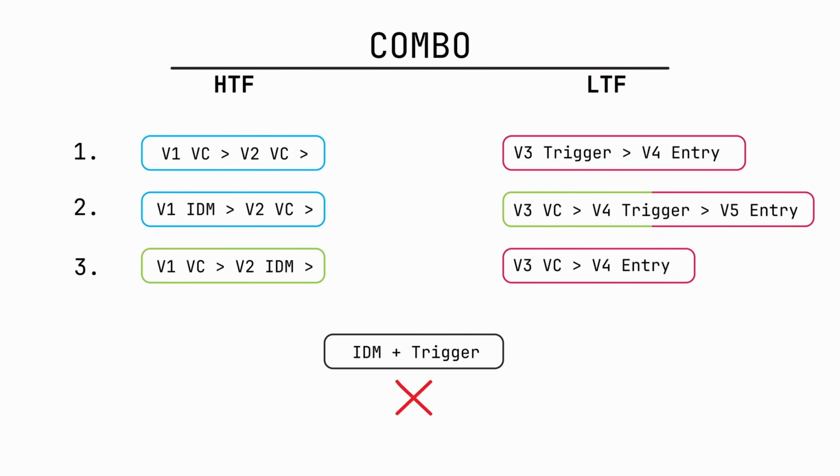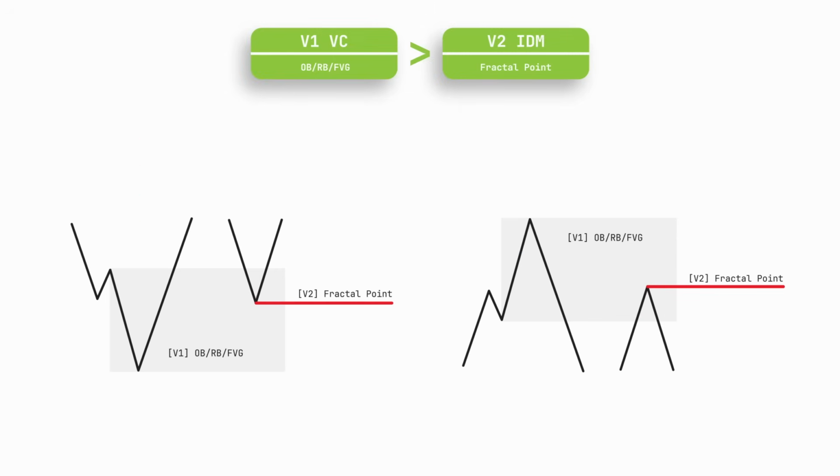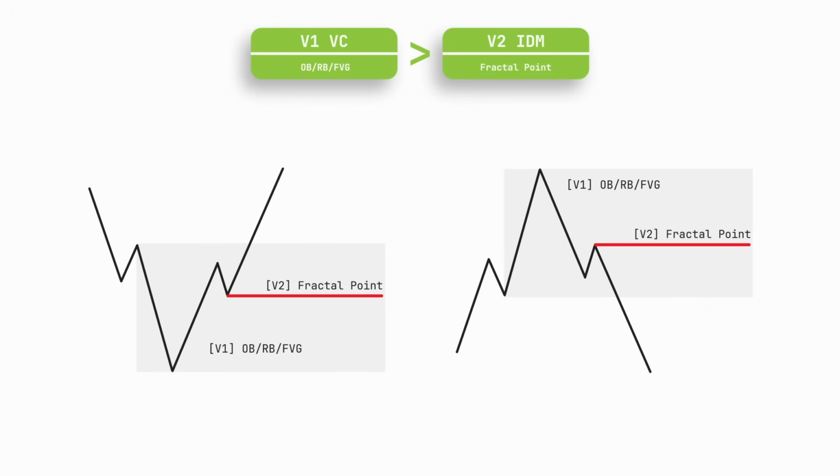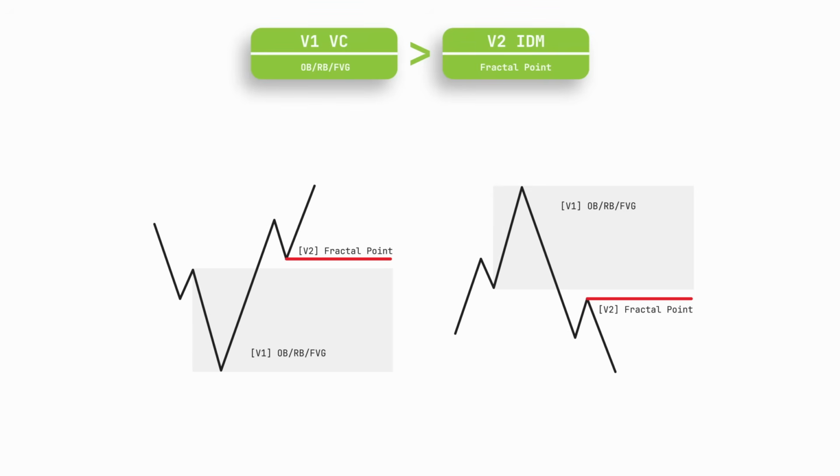In this video, we will look at several examples of how to enter a position using the HTF3-LTF2 combination. If you pay attention, this combination has only one difference from HTF2-LTF1. The difference is that the inducement, which can only be a fractal minimum or maximum, is located near or inside the volume confirmation zone. Let's look at the first example on the chart to understand this a little better.